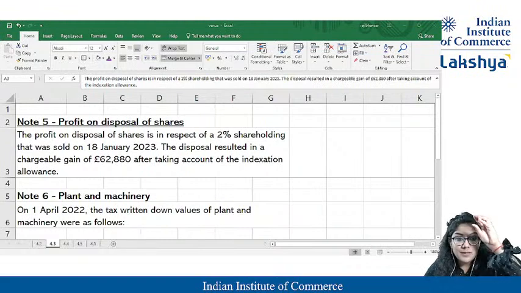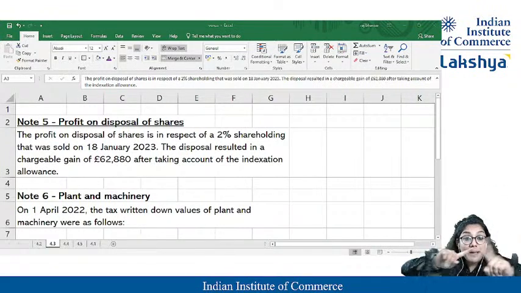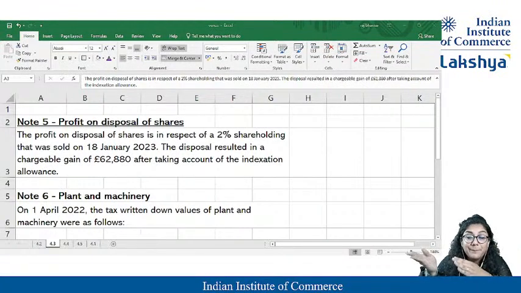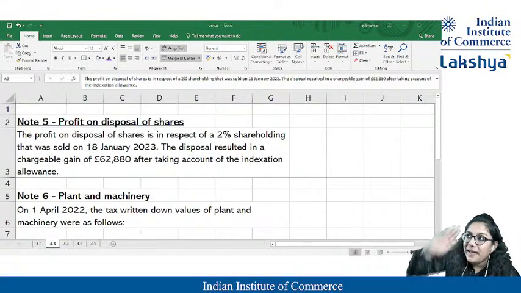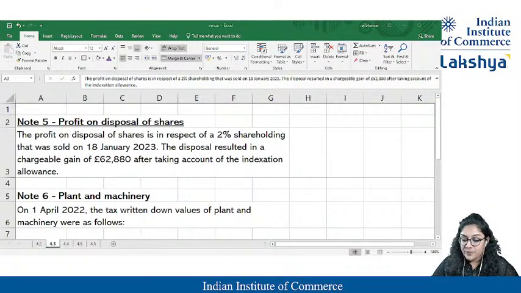I will have a sale value, whatever sale I have made. Can I reduce the cost? No, ma'am. If it is an individual, cost directly. But ma'am, if it is a company, there comes the concept of indexation. Means on that day, what was the value? You know, indexation value we compare in which year? Guys, you should know. It's with the base taken of December 2017, right? So we'll check if I have purchased any share before December 2017, then the indexation concept comes in.